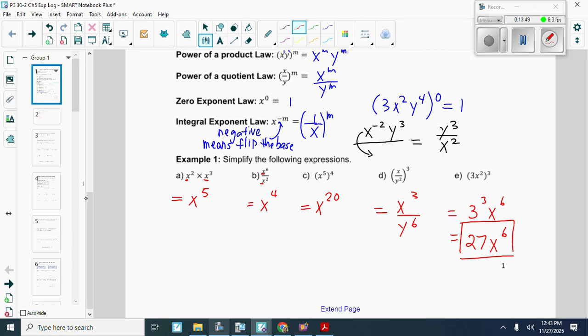Okay, everything inside the brackets gets raised to that exponent. So don't forget that you're not going 3 times 3, you're going 3 to the exponent 3, okay, which is 27. Okay, so if you need to, go ahead and pull out your calculator, right, and you can do 3 to the exponent 3 just to make sure. Okay,